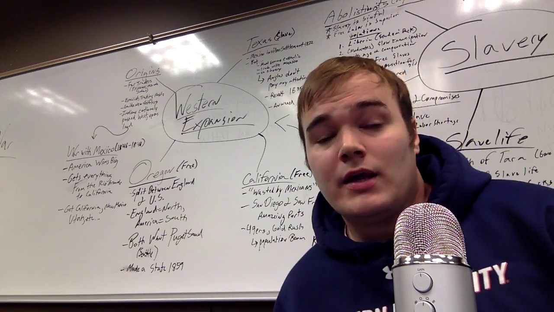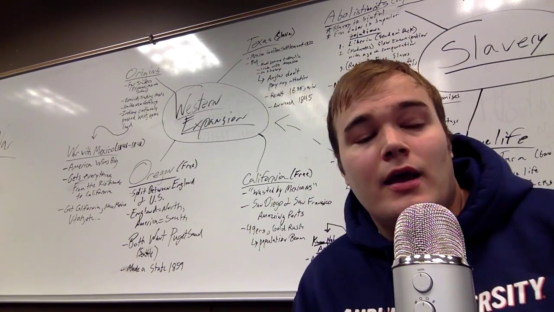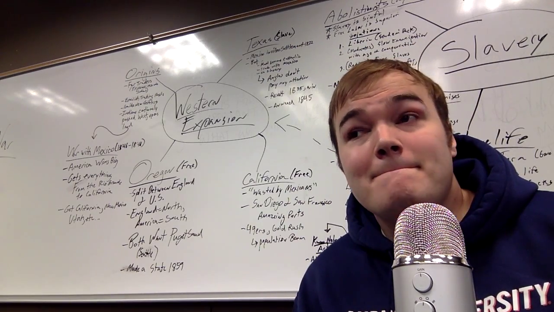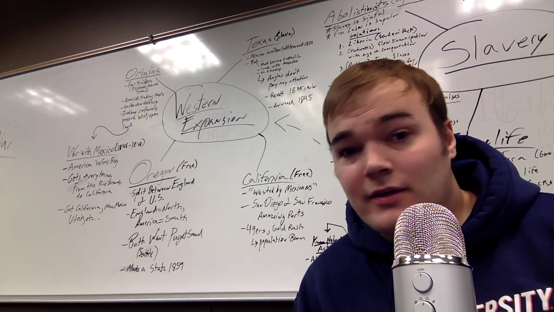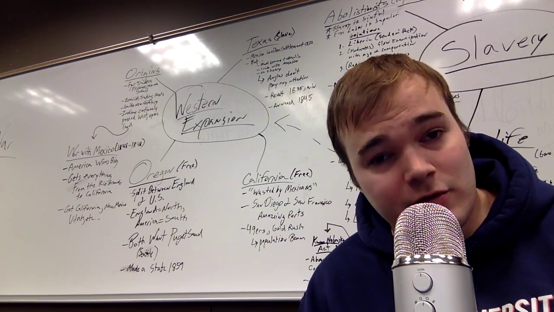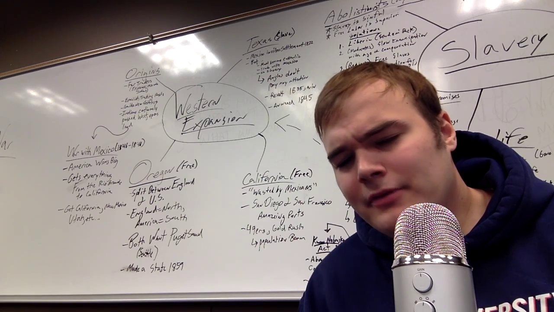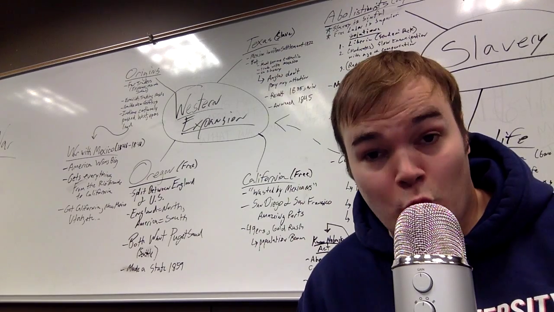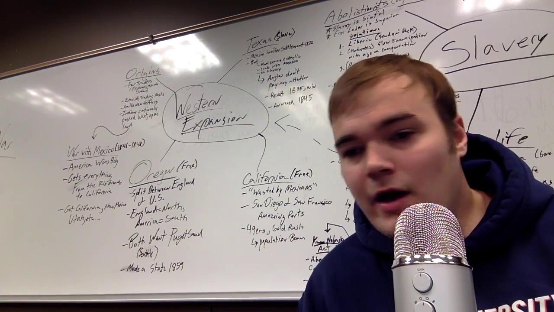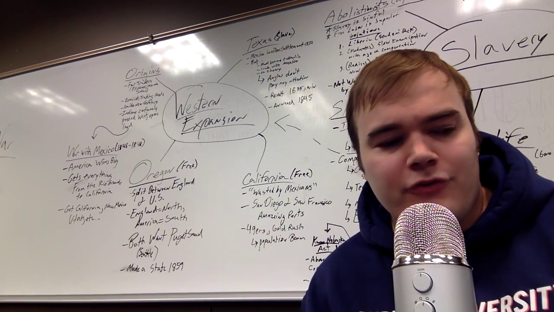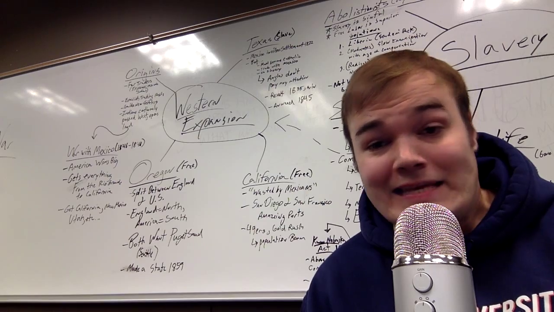Now, the word isn't really going to get out till late 1848, and by the time it does, there's going to be a massive wave of people coming to California looking for gold. The 49ers, they're called. And the population is going to absolutely explode in California. We're talking thousands and thousands of people. So before long, California is going to become a state.